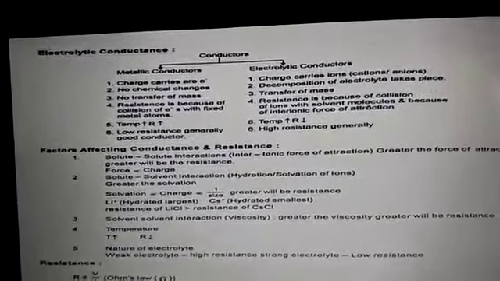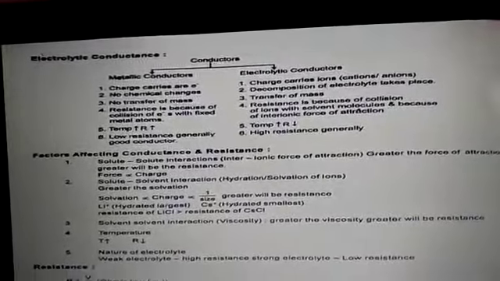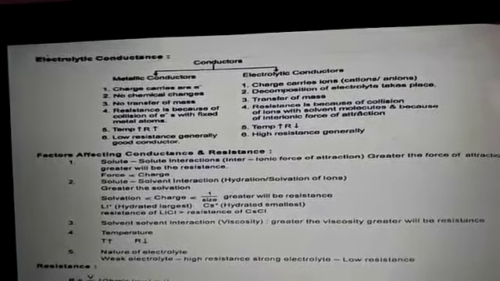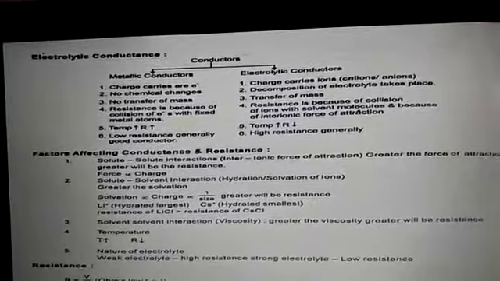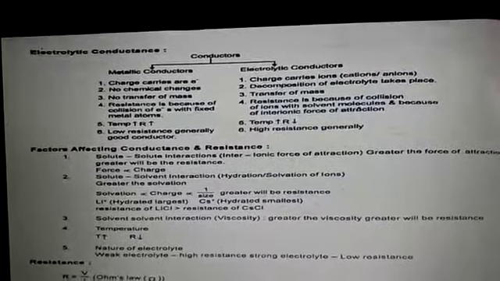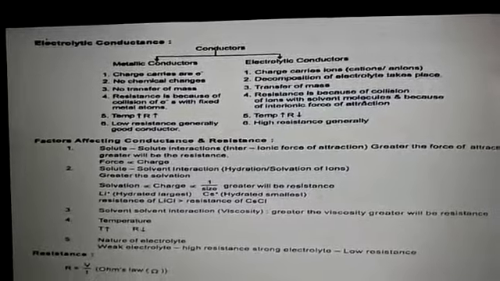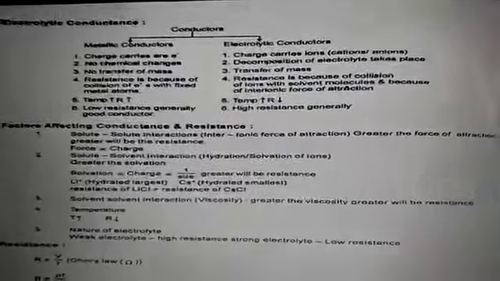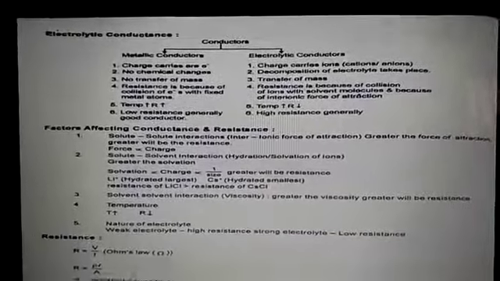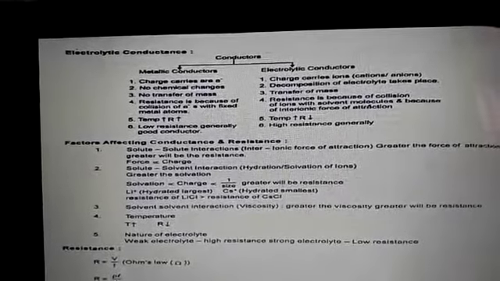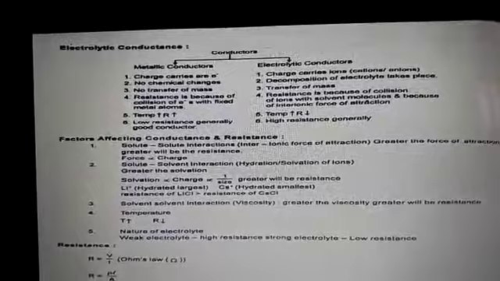While in case of electrolytic conduction, here the conductance is carried by the movement of ions. Here the electricity is conducted and undergoes chemical change because the ions are discharged at the electrode and transfer of matter takes place. The electrical conduction increases with increasing temperature, and the resistance of the electrolyte solution is due to the viscosity of the solvent and ionic attraction. The conductivity of the electrolytic solution is generally low. These are the differences between electrolytic and metallic conduction.